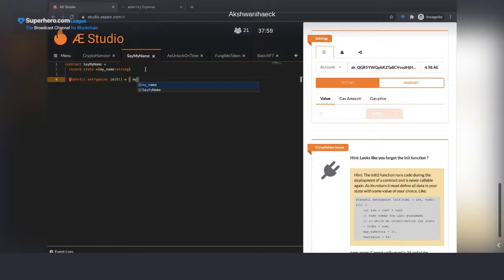So I will tell my contract that when it's deployed, and this happens only the first time, and only once when I deploy my contract. So once I call the init function, it is not going to be called anymore. And in this case, of course, I want to start with an empty name.